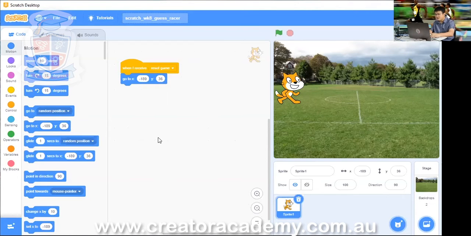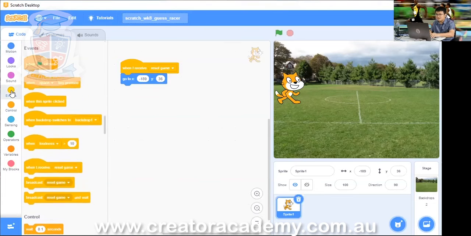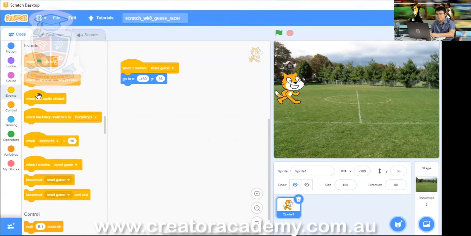Okay. All right, now we're going to keep broadcasting lots of messages in this game because this game is quite complex. Okay, so now I need another event. When this sprite is clicked, what am I going to do with this cat when I click it?